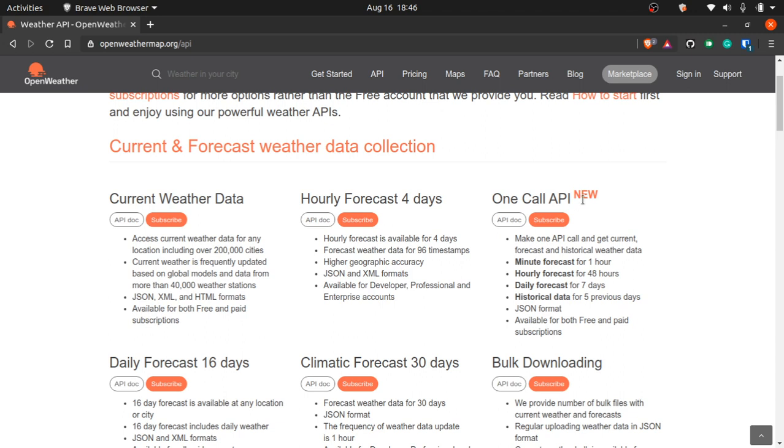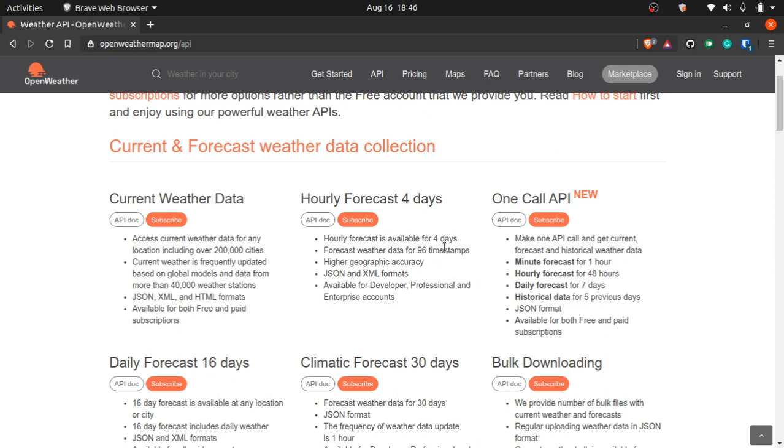There's the One Call API. Sorry. I like this new API for some reason. It allows you a lot more API calls. What do I mean by API calls? It gives you a code and you use that code to get information about a city. For example, I put my API code and then I put Ahmedabad. You send those two pieces of information to the Open Weather Map server, and then they give you back a URL, and that URL has a bunch of information.